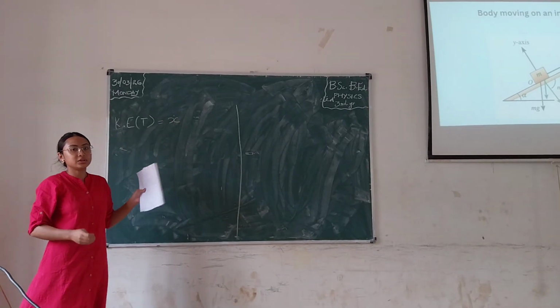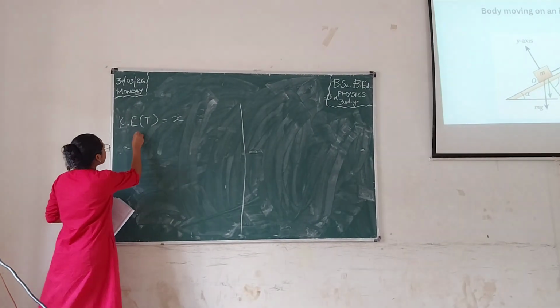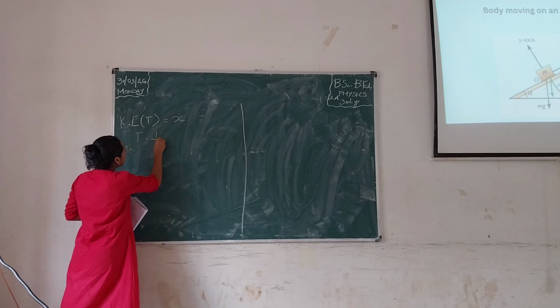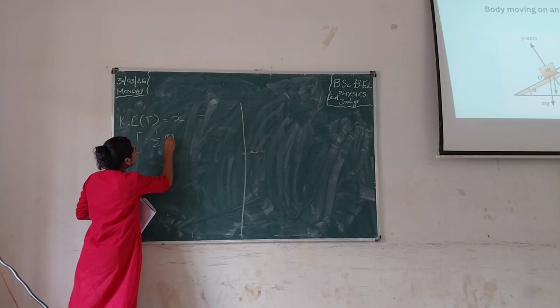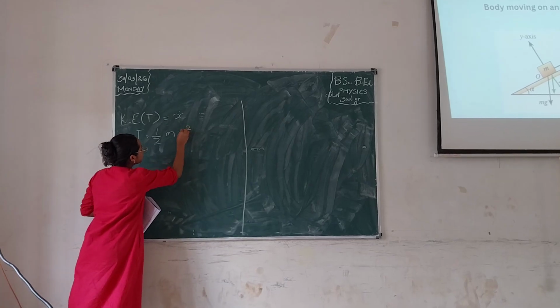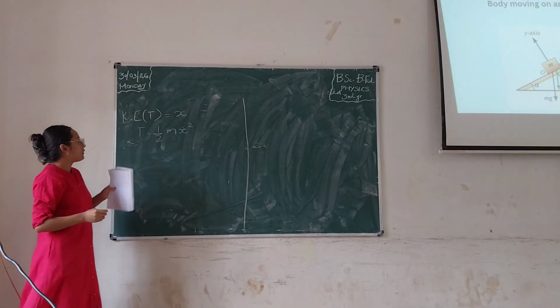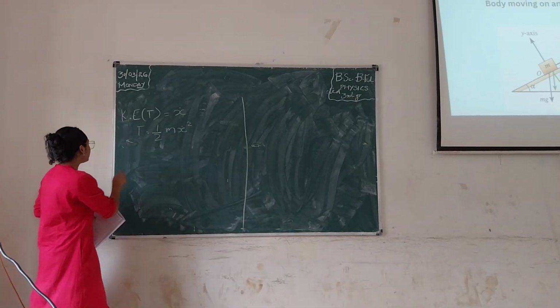Here x dot represents the time derivative of the position. So the kinetic energy T is equal to half m x dot square, and for the potential energy